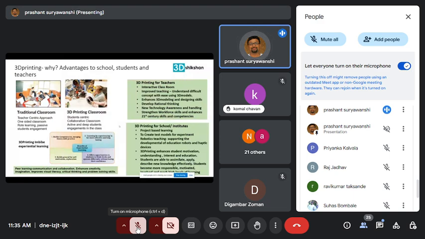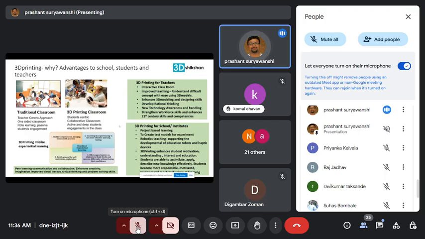Then, how 3D printing helps schools. Since we are all talking about experiential learning, basically project based learning. Project based learning means instead of learning theoretical things, we are doing it as part of mini projects. These things have already started in academia, like hackathons. The focus is particularly on project based learning, and it also helps create teaching aids, like I said, test models for experiments.